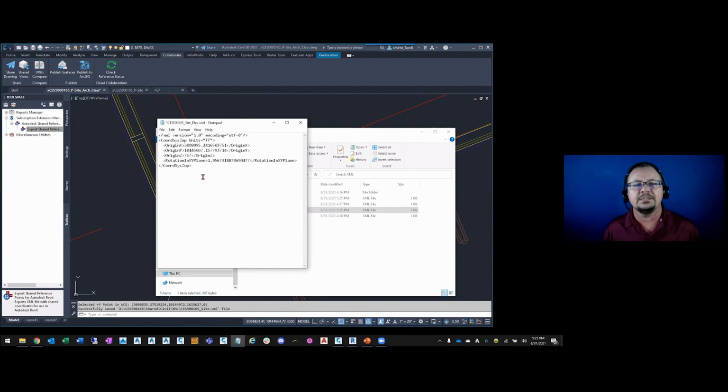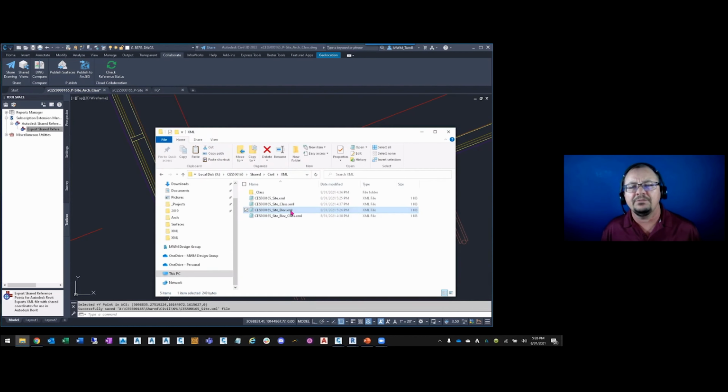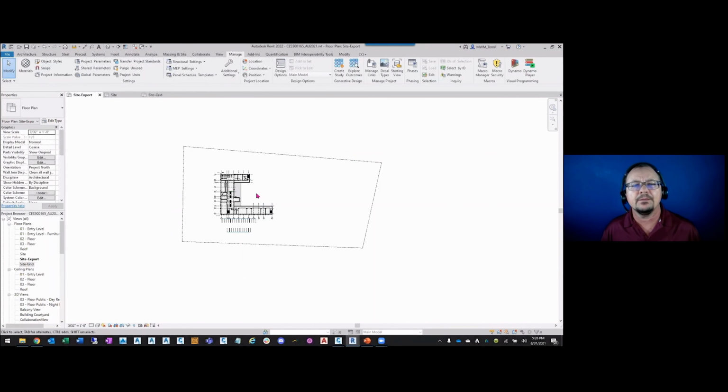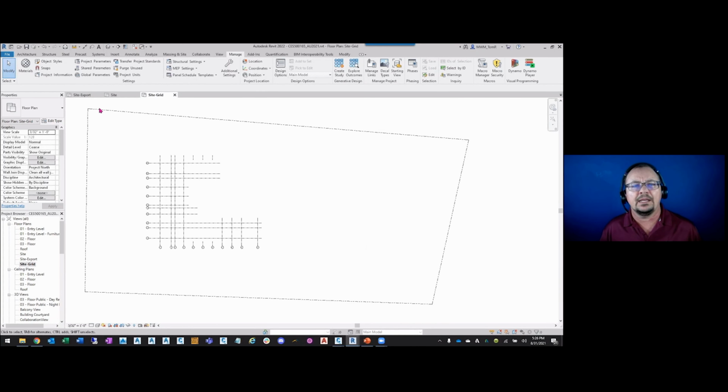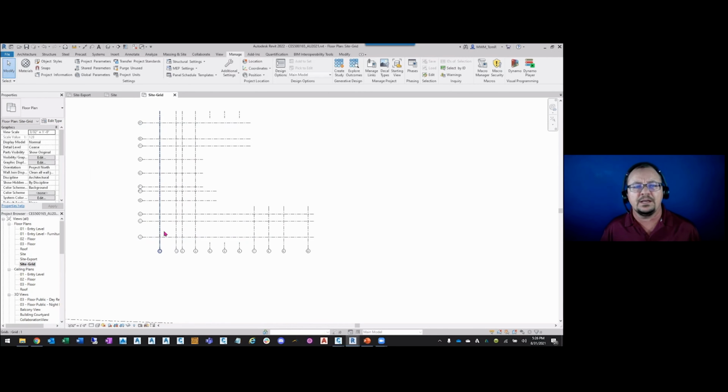And there are other ways to make this elevation match the Revit model. This is just the way that I'm showing you today. So I saved the file, closed it, and now we're ready to go back into Revit. So I'm back in Revit, and for me, I like to set up a view that has only the grid lines shown, because those were the 2 points that I used for my coordination.